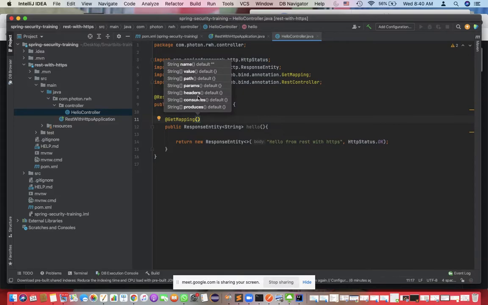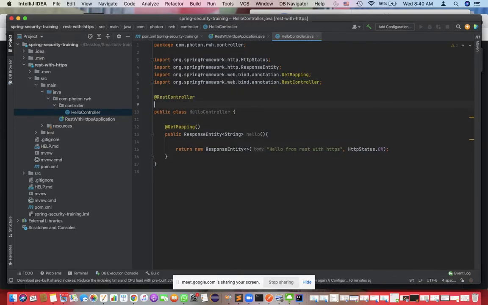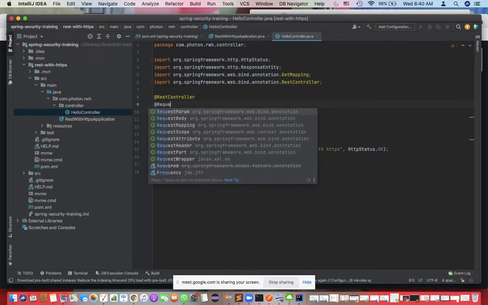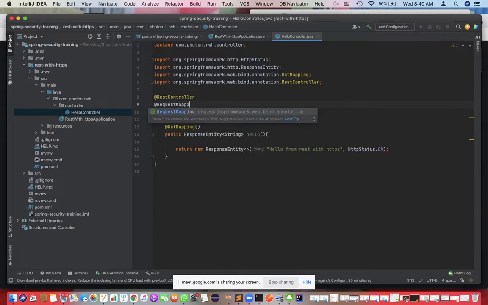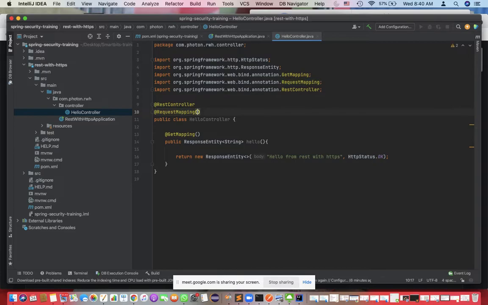I will give a standardized thing, here I can give the RequestMapping, and in the RequestMapping I can use some part of the URL, just like api-v1, and here I will give that hello.